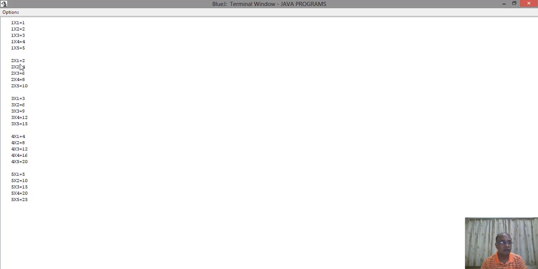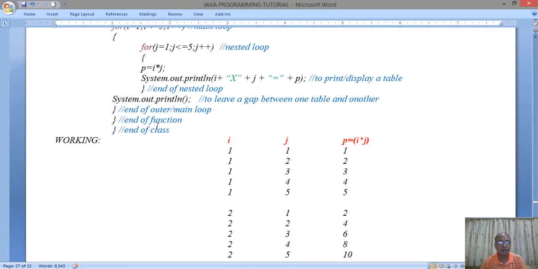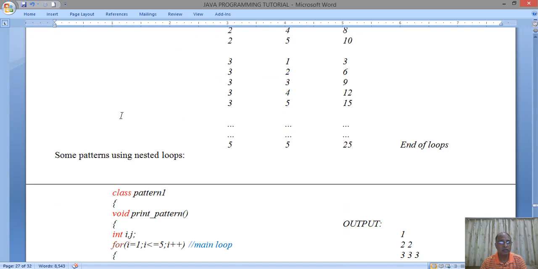In all these tables, we have a gap of one line. Where is this line coming from? Because here in the program we are printing system out print line. This is a dummy printing line. This is to give a gap in between one table and another table. So in the outer loop we have a system out print line, and inside the nested loop we have a printing statement for tables, but outside it, that is in the main loop, we have the statement for printing the gap or a blank line in between two tables. So this is how we are getting the answer. So I hope you have understood this program. We'll go to the next program.